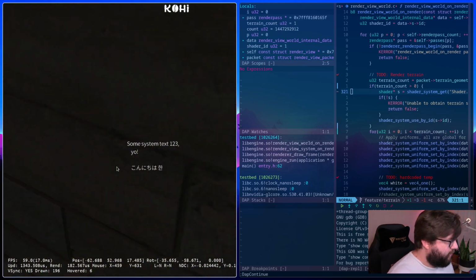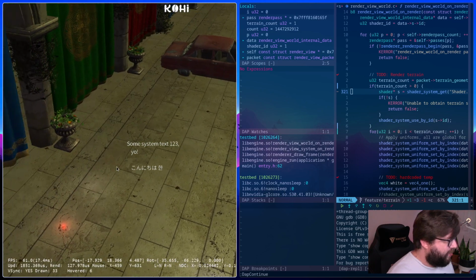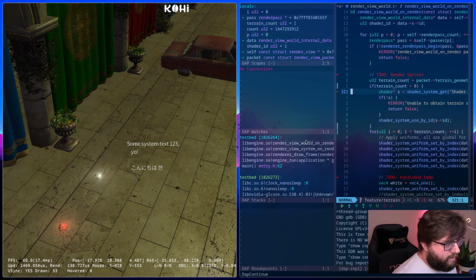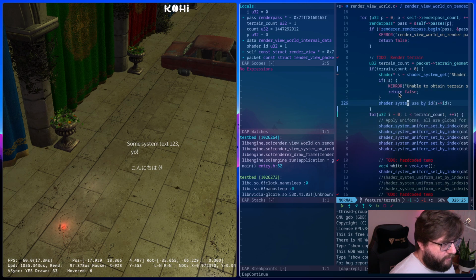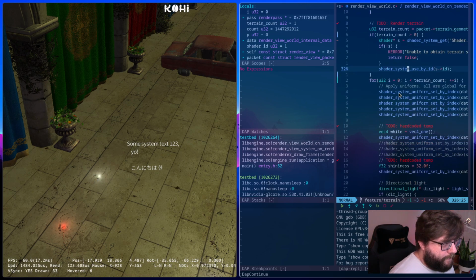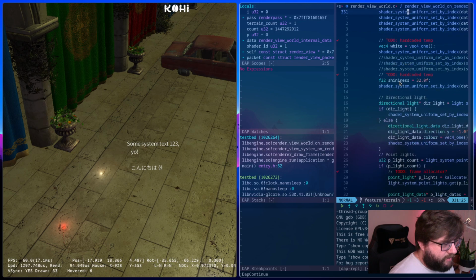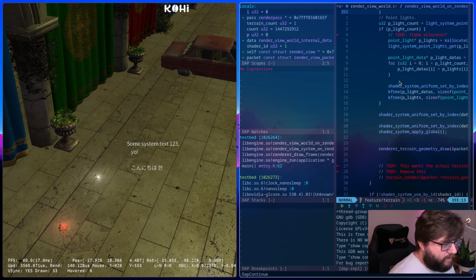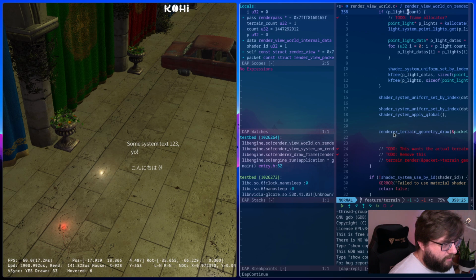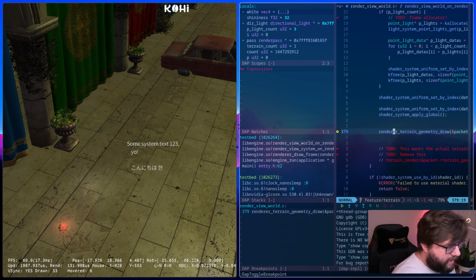So that's peculiar. Let's take a look at, let's see, on render. We do have terrain count. And we are doing a draw down here, correct? Yeah, we are hitting that.